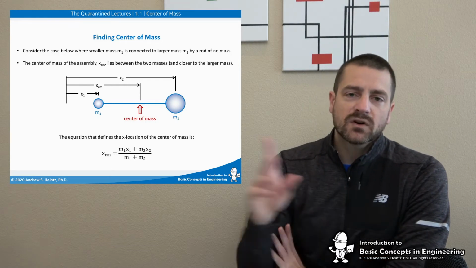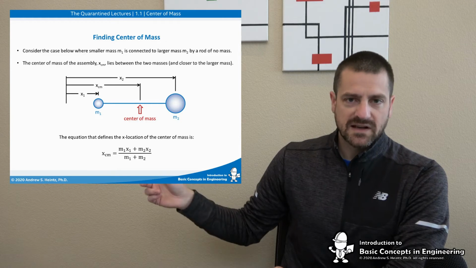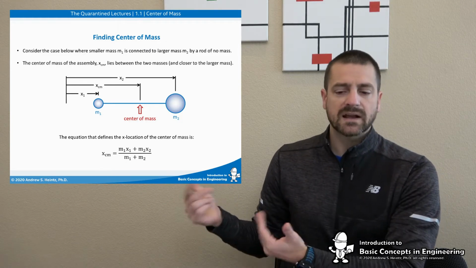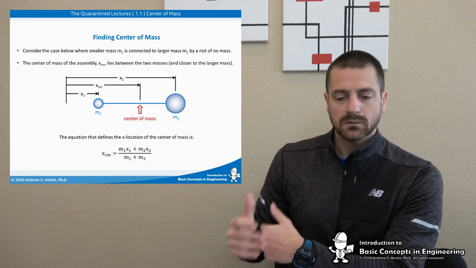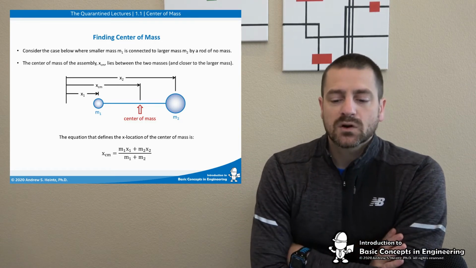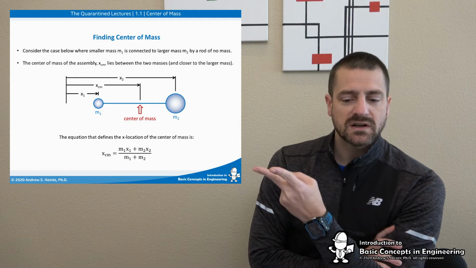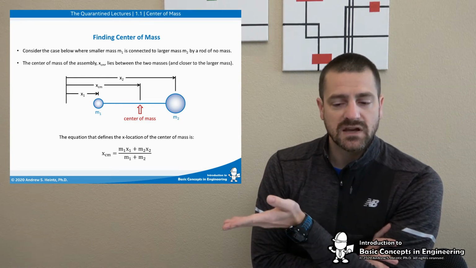So it functionally makes sense to us that if we were to find the center of mass of this object, it would lie closer to the larger mass than it would the smaller mass, right? Because it's weighted, for lack of a better term. So because there's just two here, the equation for the X location of the center